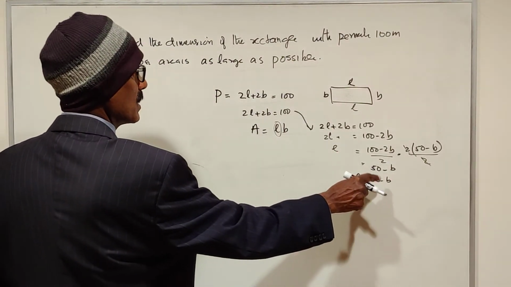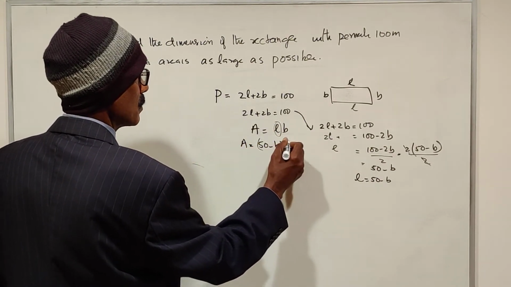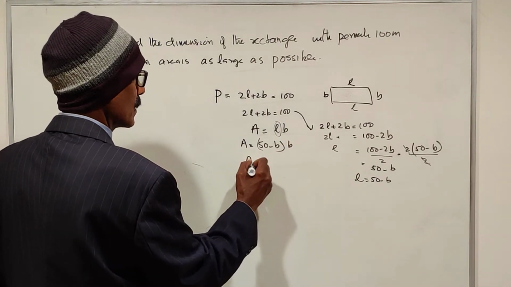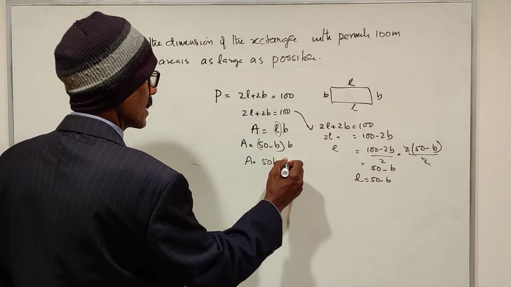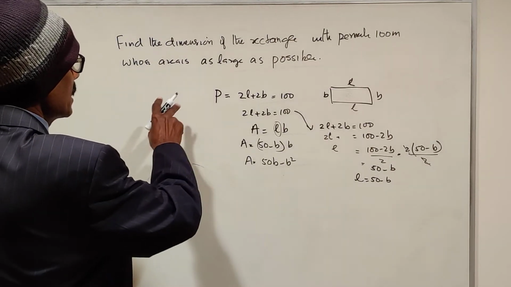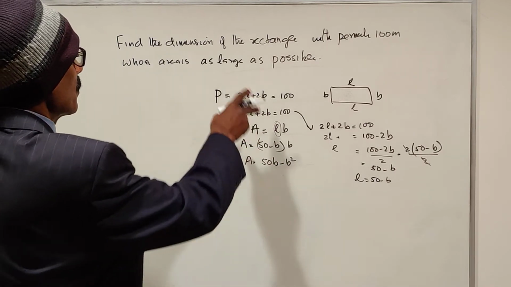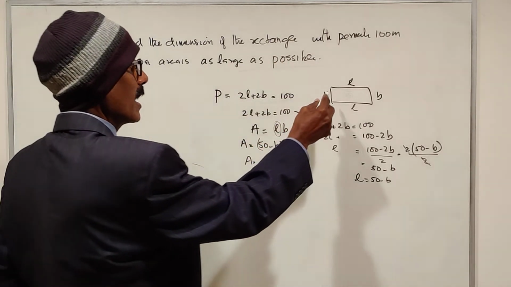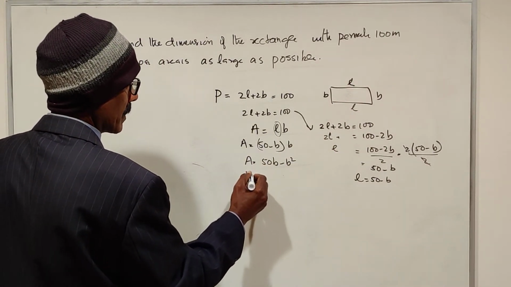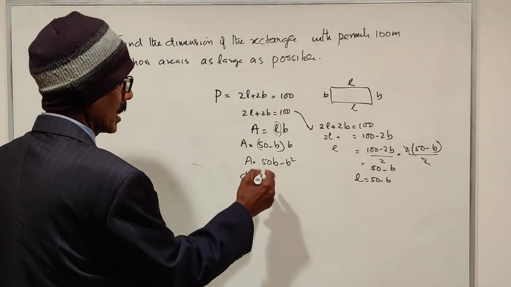So you need to substitute this value here. A equals 50 minus B times B. Okay, distribute. Just open the bracket. A is equal to 50B minus B squared. From here, we need to find the area when the area is maximum, then find the length and breadth. That is the question. So dA by dB, the derivative of area with respect to B, equals